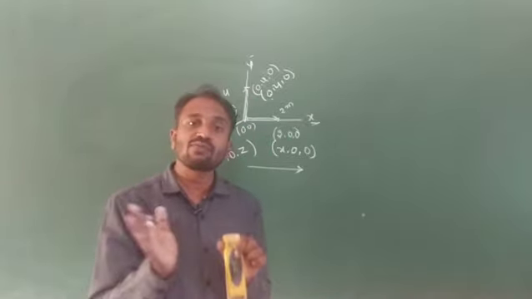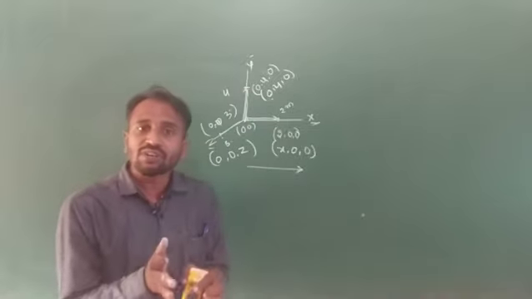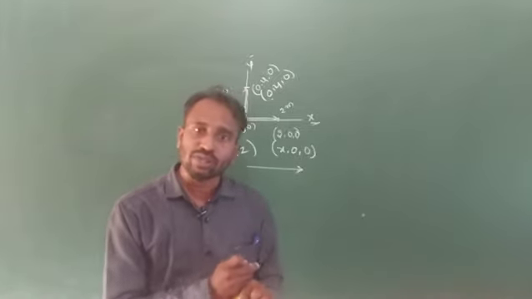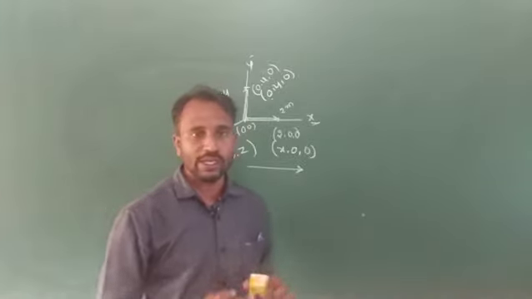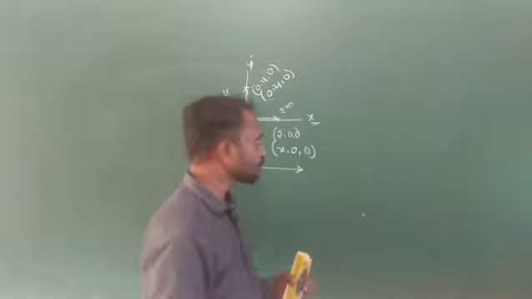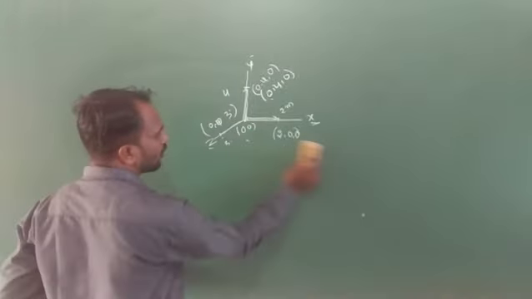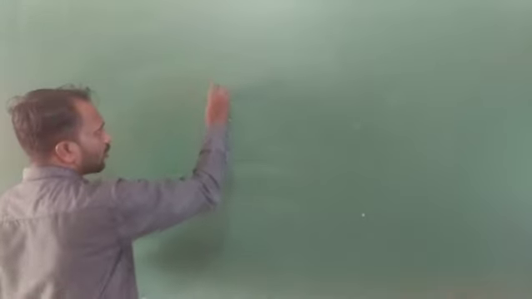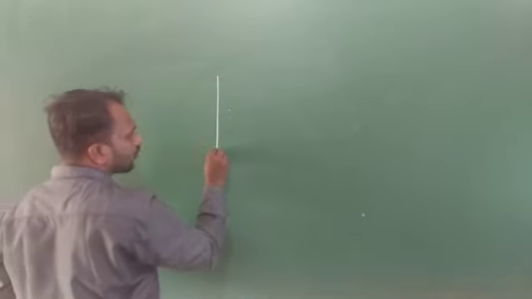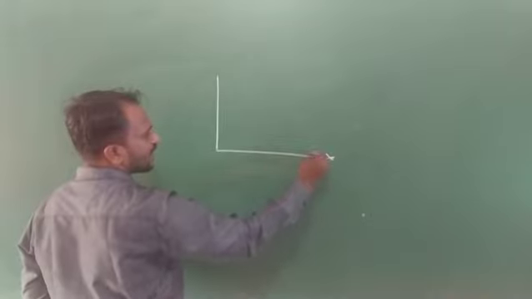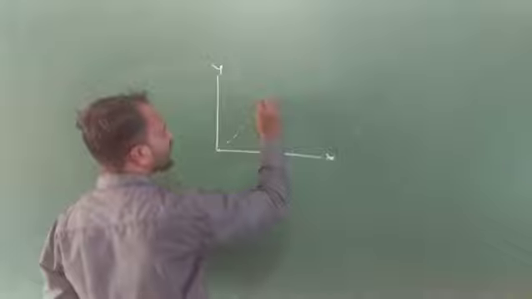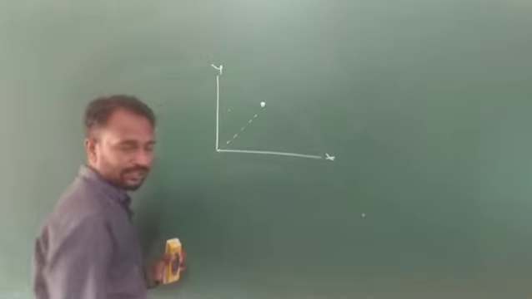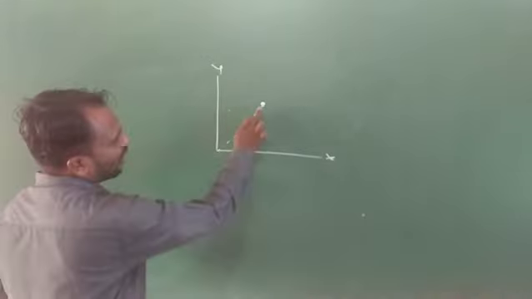Yes, so that one is one-dimensional motion. Another one we consider is two-dimensional motion. It means the motion of an object requires two coordinates. For example, here the object moves in a plane, for example with the x-axis and y-axis. Suppose the object moves in this direction, and here we consider the final position of the object.